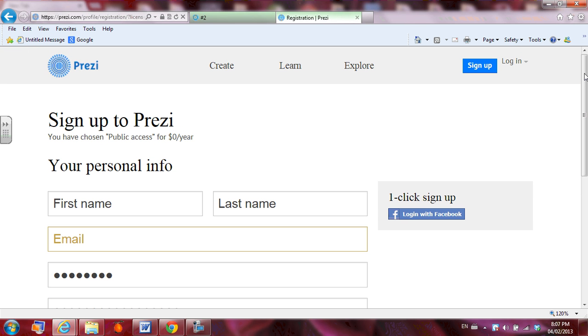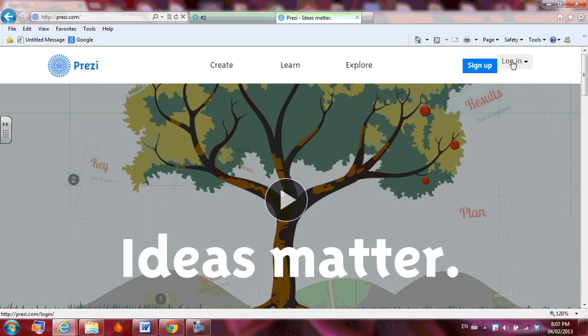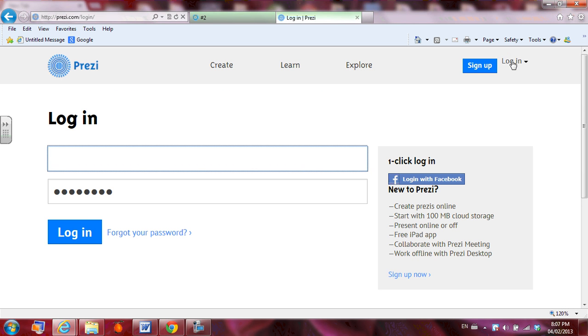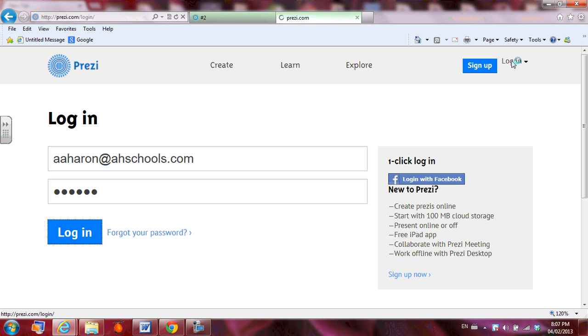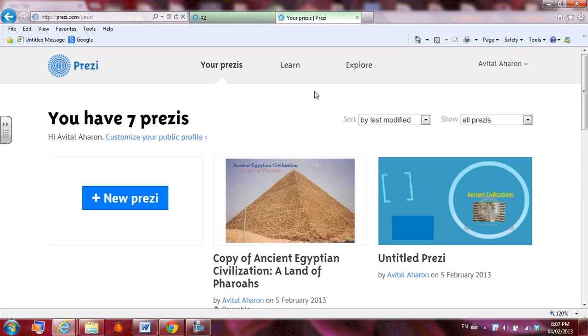Once you click on the confirmation email, you're going to go back to Prezi.com and click on login. At this point, because you've signed up, you can actually log in with your real email, and that will take you to your Prezi page. You're going to start by clicking on New Prezi,